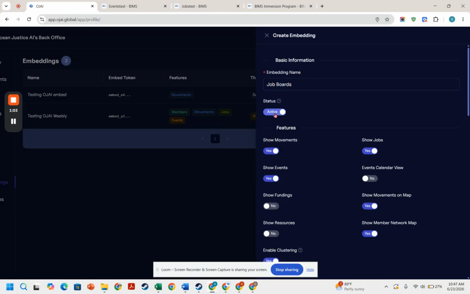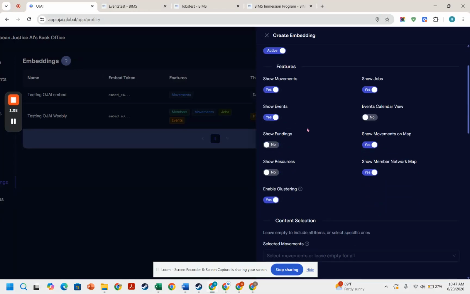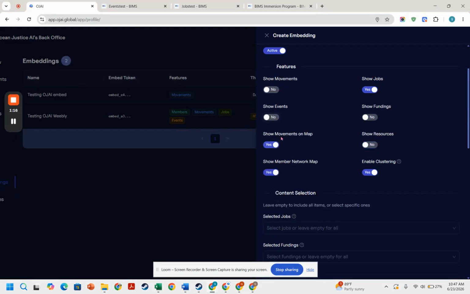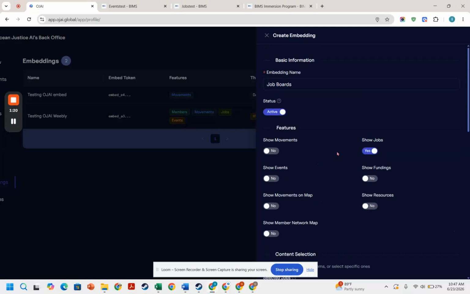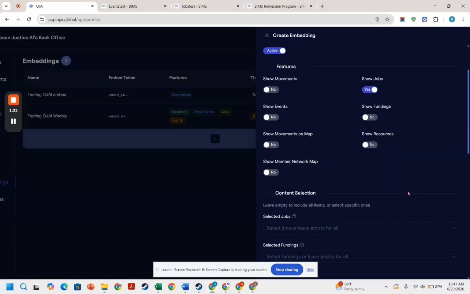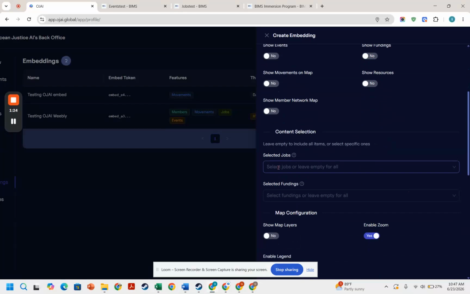So let's create one. We're going to call it jobs board. And then we're going to make sure we toggle it as active. Then we're going to begin to toggle on and off certain features. So we're going to toggle off the movements. We're going to keep show jobs on, turn off events, turn off movements maps, turn off show member network. And now we have a jobs board. So you have a few options here. You can choose which jobs you want to show and don't show,